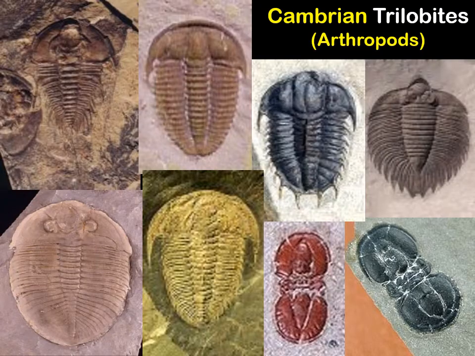One of the most popular types of fossils from the early Paleozoic, especially the Cambrian, are the trilobites. Now we're going to be tracing trilobites for the next couple of weeks because they're a really good marker for changes that are going on in the Paleozoic era. We start out the Paleozoic in the Cambrian with trilobites, which are a type of arthropod, so they're distantly related to insects and spiders and shrimp and lobsters and crabs and so on.